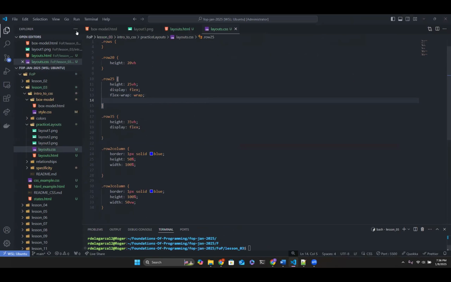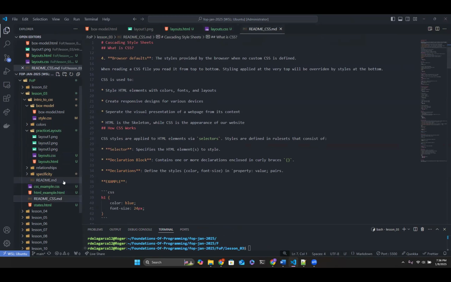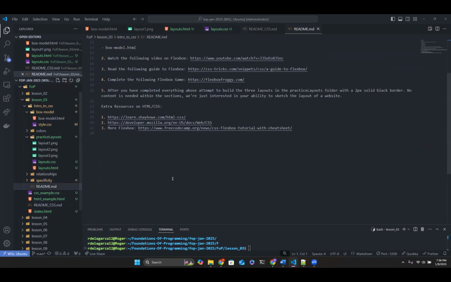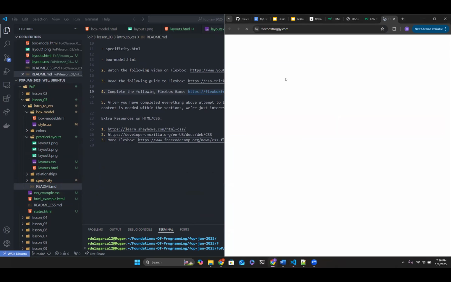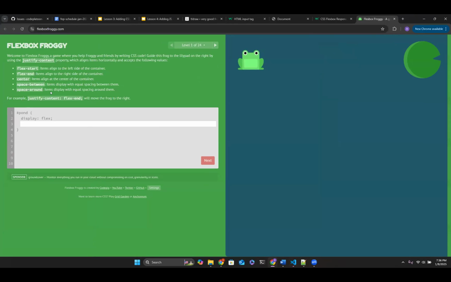And honestly, the best way of doing it, and I always have to come back to this to really get a better understanding, is going to the README. You're going to encounter a really nice learning tool, which I really enjoy, and that's going to be the Flexbox Froggy. If you really want to master Flexbox, I do this every now and then right before class. I just didn't get to do it.